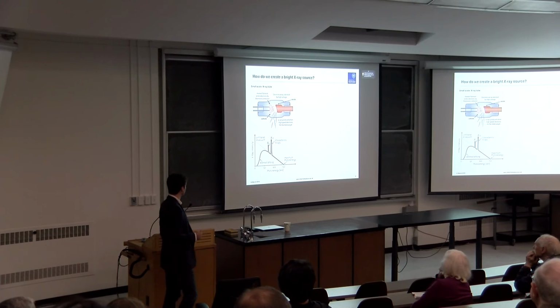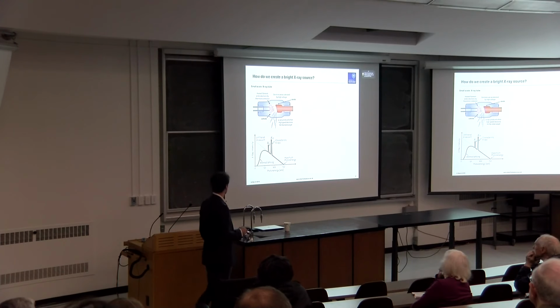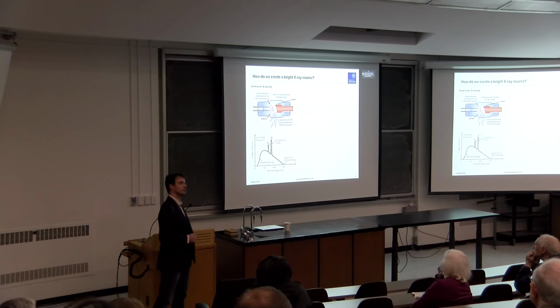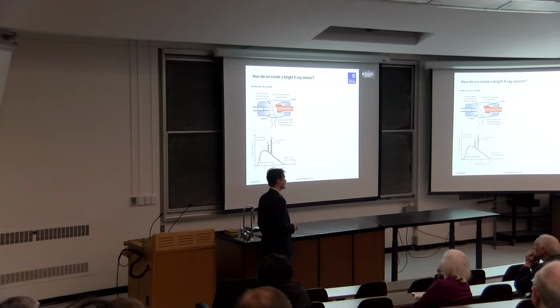So, okay, how do we make a bright X-ray source? So the first type of sources, the most common ones maybe, are just an X-ray tube, right? So here you use little electrons and they come in and they create a Bremsstrahlung background. And that's nice. It gives you a lot of nice X-rays, right? But it's not quite enough to do the sort of things that I'm talking about.